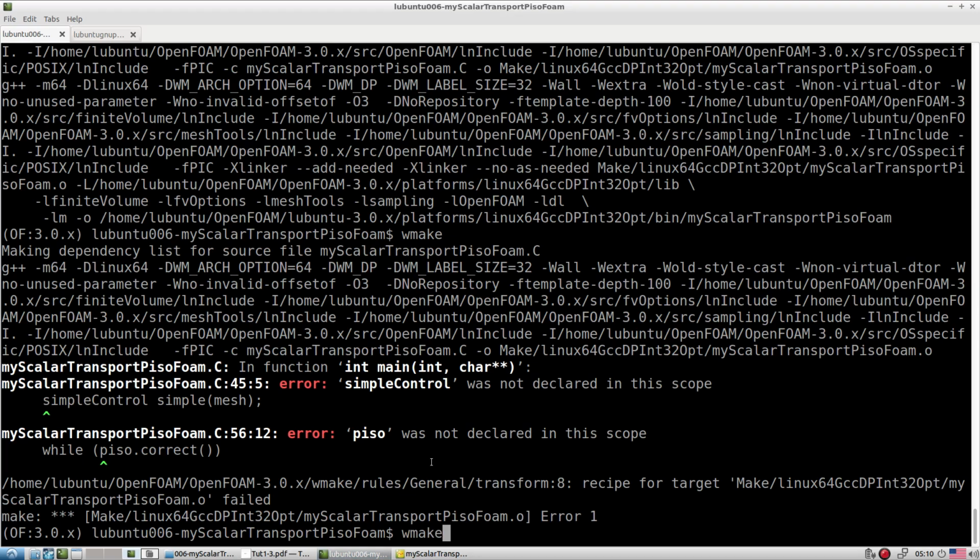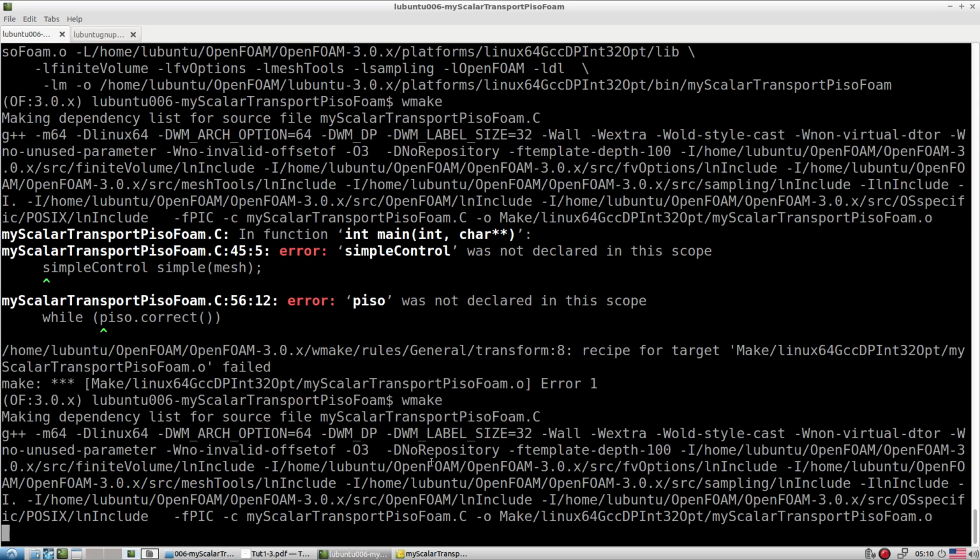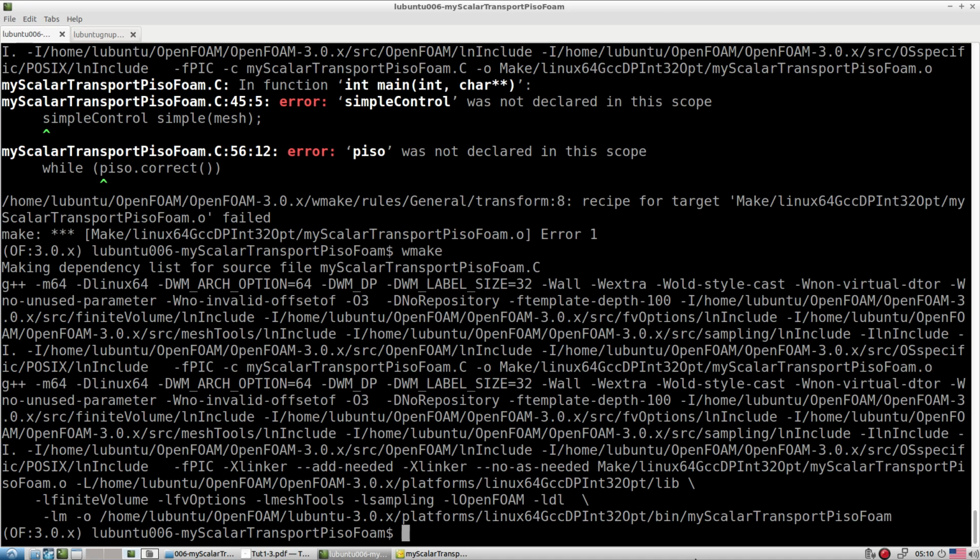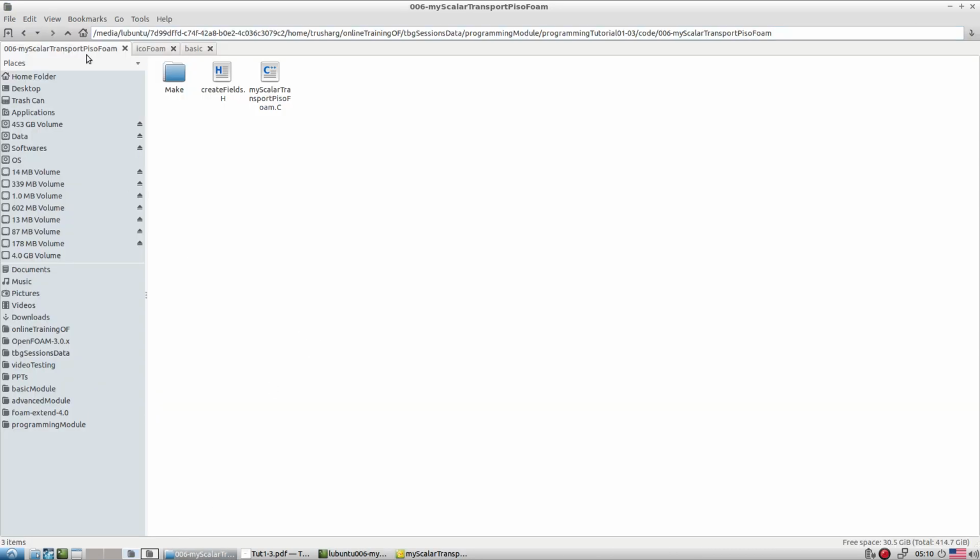Slowly we try to compile. Fine, so we are able to set my PISO form. Now our PISO form is set.